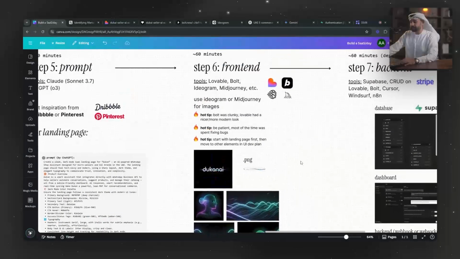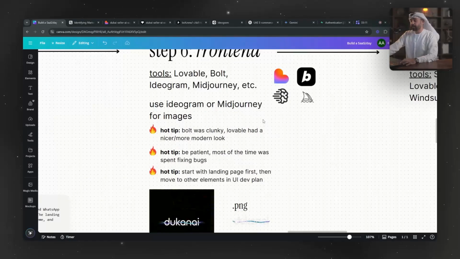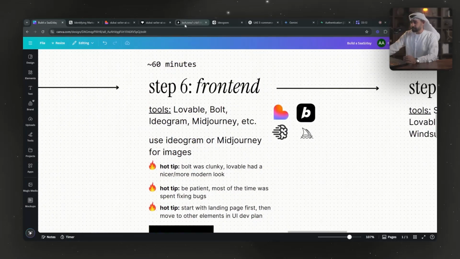And then you send it to Lovable, which is the fun part and the visualization part, which you're going to see. A hot tip over here. I was stuck between Lovable and Bolt, and I'm going to show you the results of both. I know there are a lot of comparison videos on YouTube, but I did not have time to go through each one. I asked GPT what's the difference, and then I said, okay, let me put the same prompt into both of them and see what comes up. Whatever is better and easier, I'm going to use.